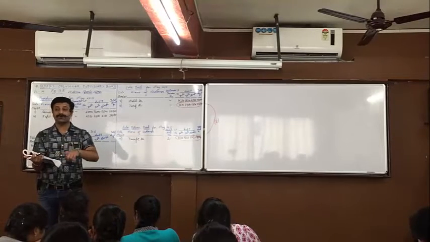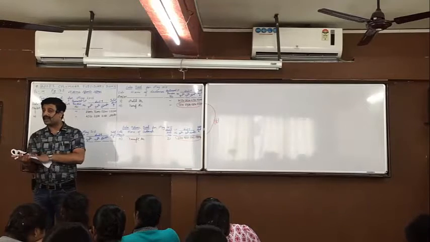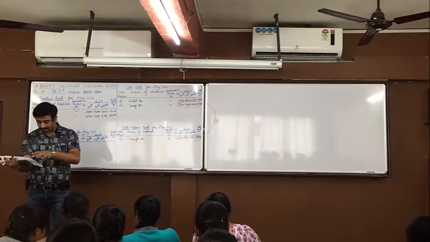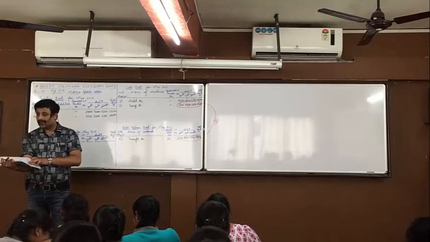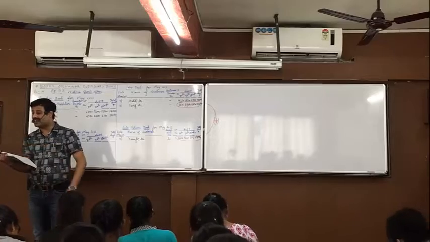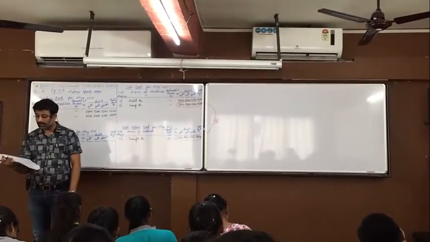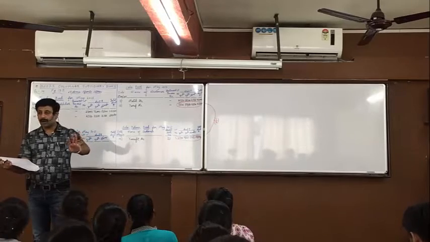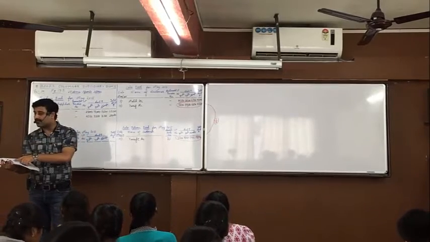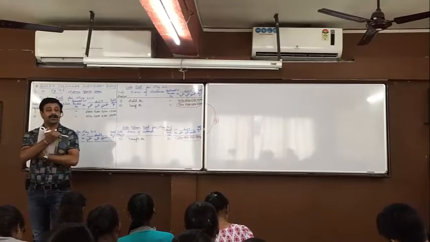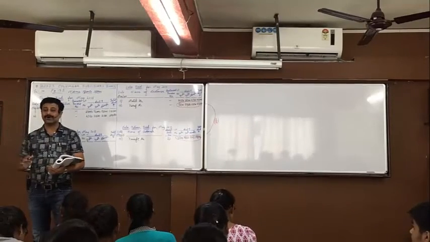See in the question, not in the solution. Date 1. What price did we purchase the balls from Sania at? 150. Now look at date 20. We have returned to Sania 10 balls. So do 10 into 150. Do you all get 1,500? But do not take 1,500. Look at date 1. There was 10% trade discount also. Do minus 10%. We'll get 1,350.